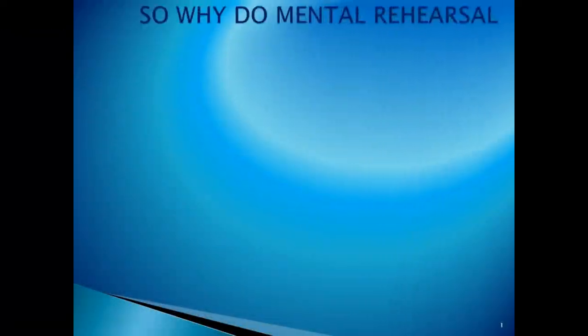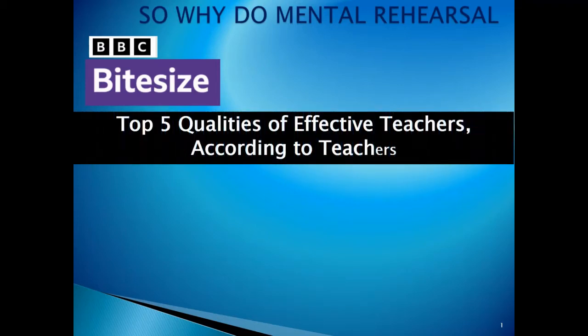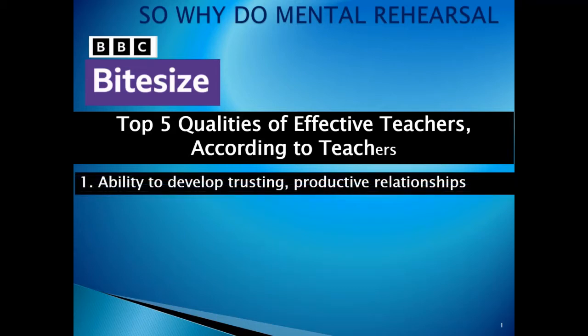Let's have a look at why you should do mental rehearsal from the BBC Bite Size website. Okay, now before I look at what the site actually said, I first want to talk about the top 5 qualities of effective teachers according to teachers. So this is research based. Now, firstly,